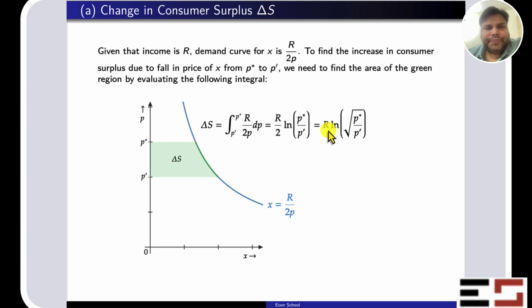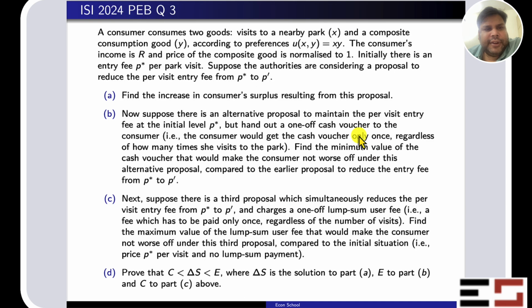Okay, so this will be the magnitude by which the consumer surplus increases if the price of X falls from P star to P prime. Okay, so this is what we have found. Okay, let us do the next part, which says that